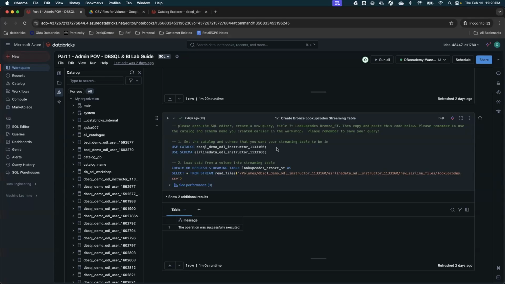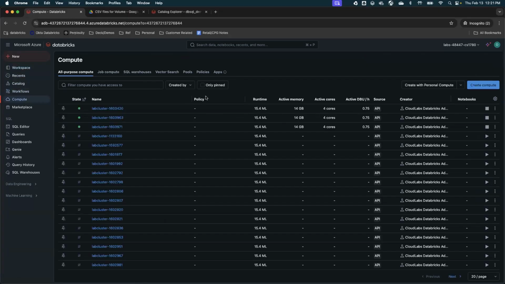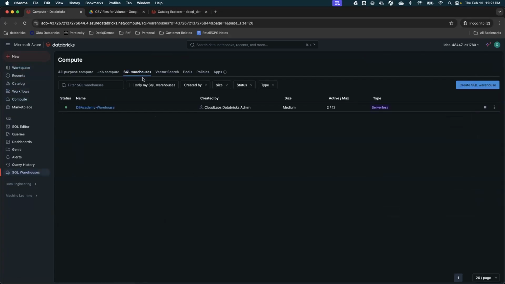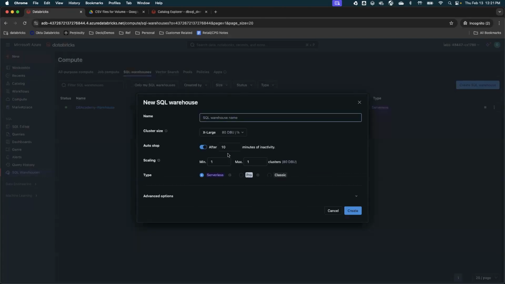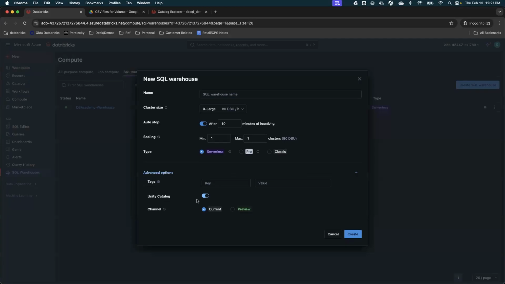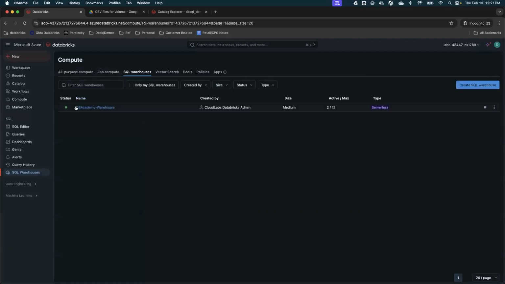Another thing: if you are creating your own compute, which we are not recommending people to do, the API error for Unity Catalog comes when you build something on compute. Let's say if I go here and don't select Unity Catalog, that is when it tries to run queries around Unity Catalog, like catalog, schema, etc. But this warehouse does not support Unity, and you will end up seeing those errors. So go with the DB Academy warehouse instance.